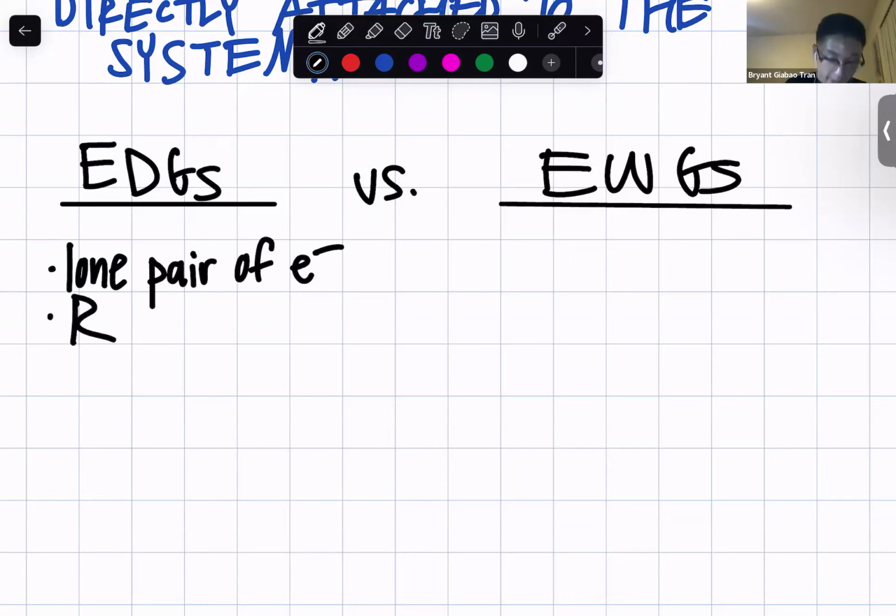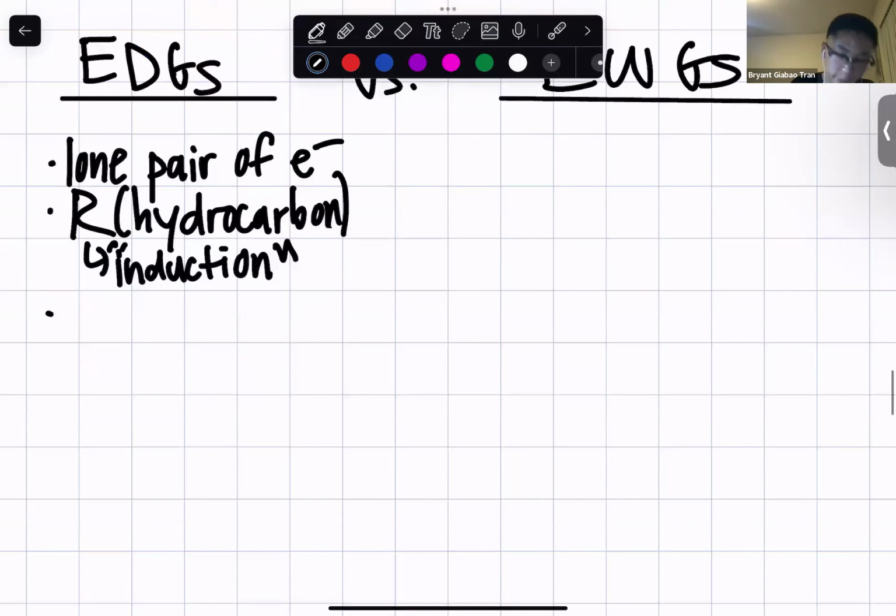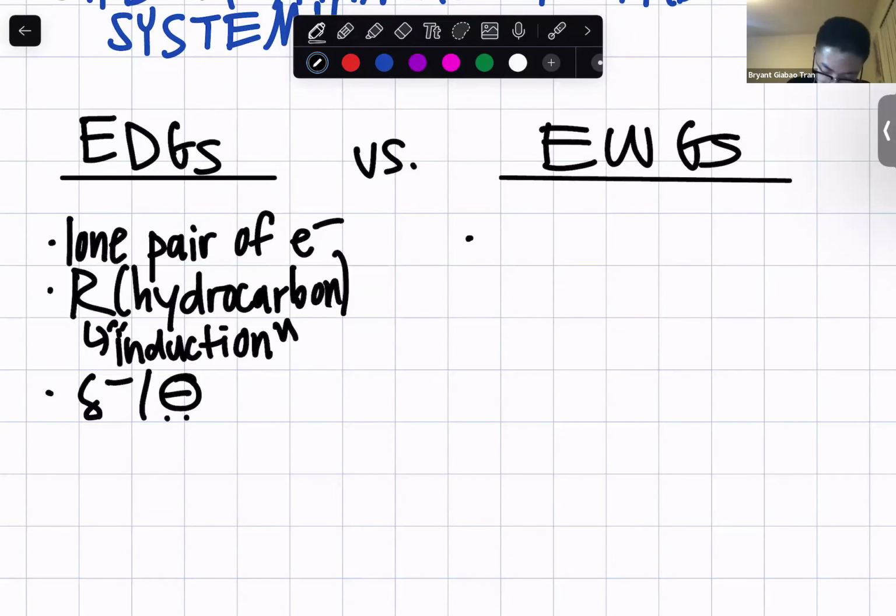If it is an R group, like a random hydrocarbon chain, like a methyl, ethyl, propyl, butyl, isopropyl, sec-butyl, tert-butyl, that is an EDG through induction. Right. Another thing is that if the very first atom directly attached to the system is partially negative or fully negative, it is an EDG. Right. For EWG, you're going to see if the atom has a pi bond,